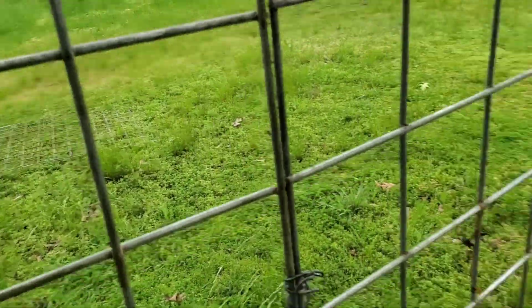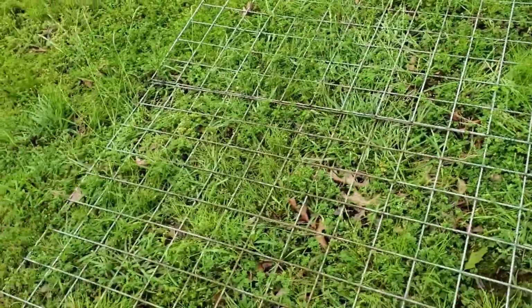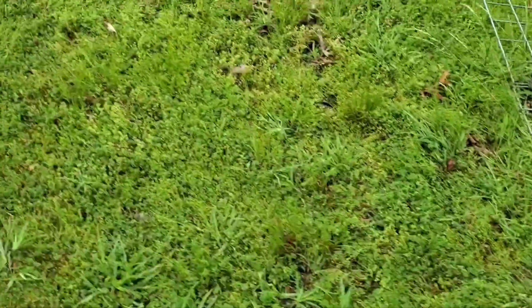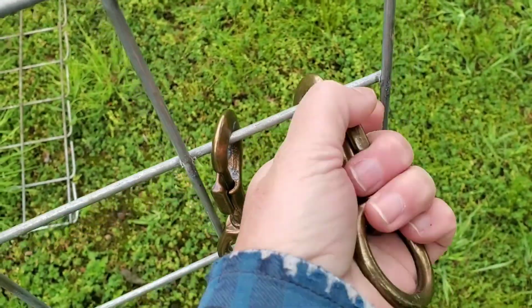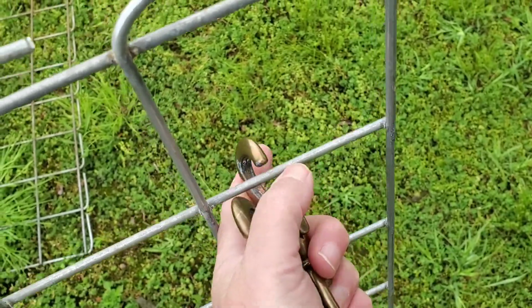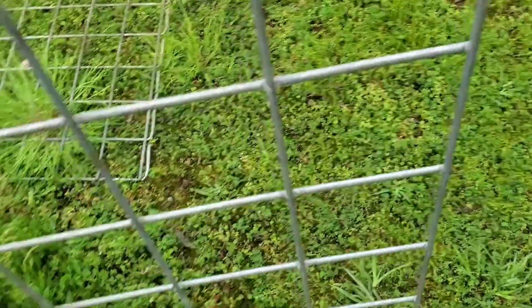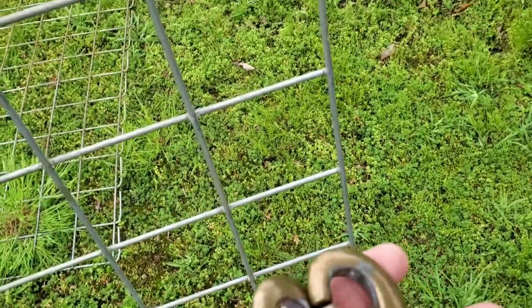Okay, so I've got the hay portion part together. I'm going to flop this down. There she goes. And I have a couple of clips here. These are my 3rd and 4th hands. If you ever need an extra hand, piece of string to hold something, to tie something together, or use these clips, really handy. So next step,